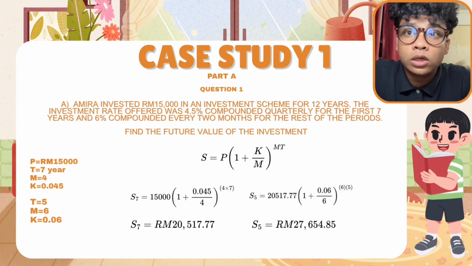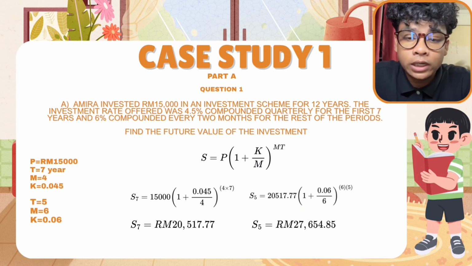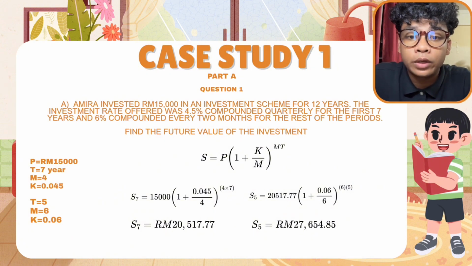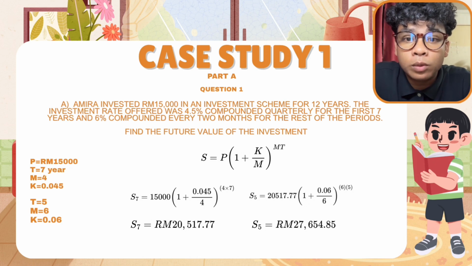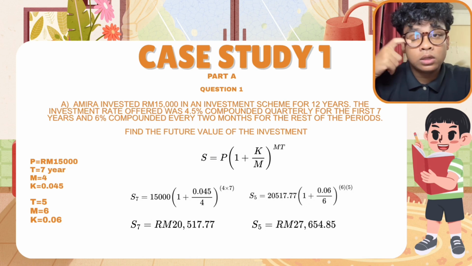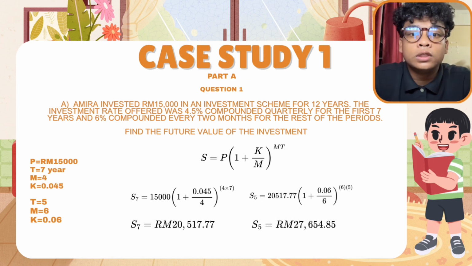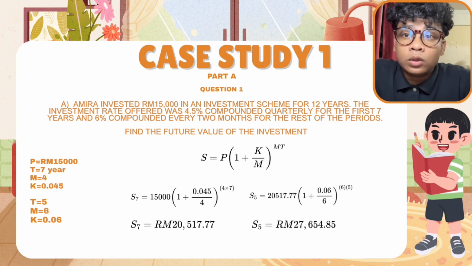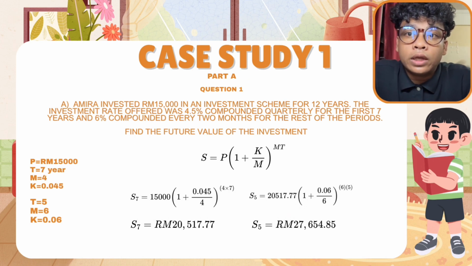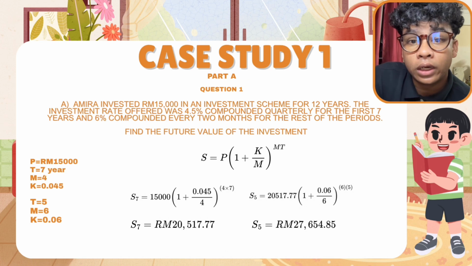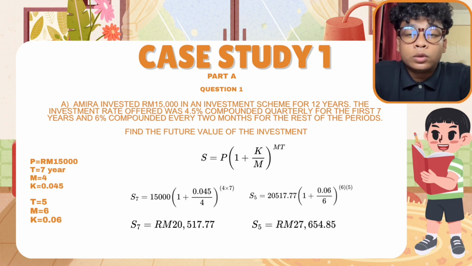First of all, we need to list down all the information given into the formula. The formula is S equal to P bracket 1 plus i bracket to the power of n. For the first 7 years, 15,000 bracket 1 plus 0.045 over 4 bracket to the power of 28. And the answer is 20,517 ringgit and 77 cents. For the last 5 years, 20,517 ringgit and 77 cents bracket 1 plus 0.06 over 6 bracket to the power of 30. And the last answer is 27,654